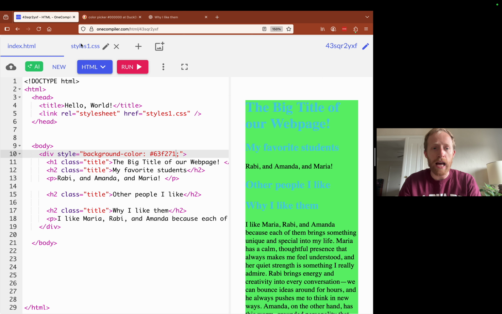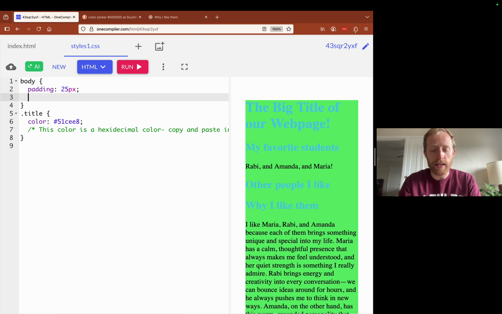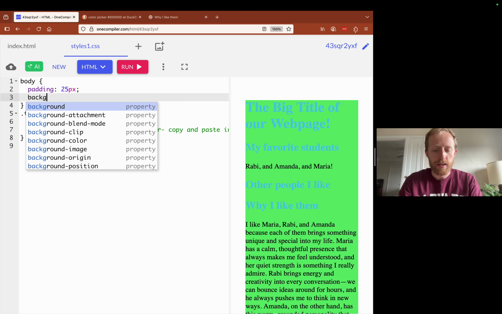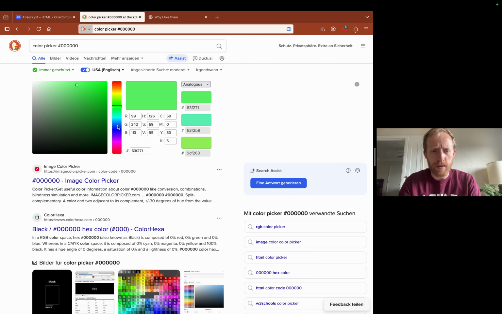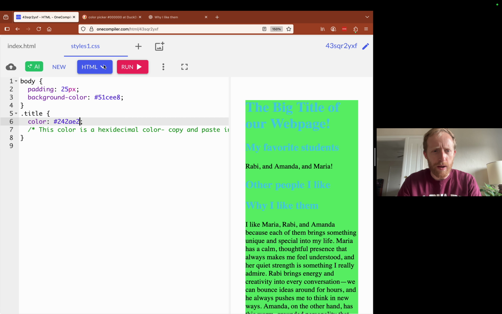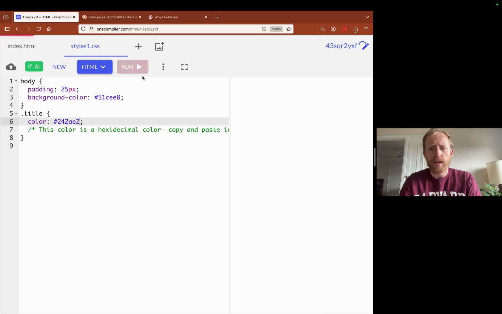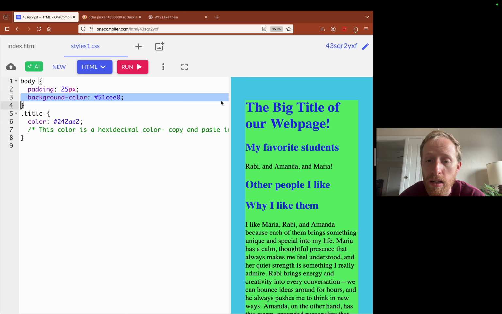And I want to contrast this to, I'm going to put the background color back in the body. First of all, we're going to make this one like this. And we're going to make this one darker, so it's very legible. Okay, so now let me run this. So what have I done? I've added a background color to the body, which is this blue color.